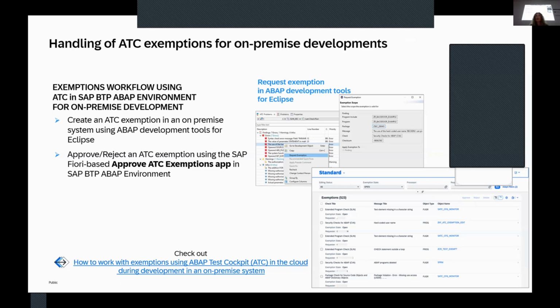As a developer, you create the exemption in ABAP development tools in Eclipse during your development process after executing the ATC run. Of course, with the central checks from the central ATC on BTP, you get the findings. And if you think for this finding you need to request the exemption, because you don't want to take care of it, or it's a false positive finding, then you just use the context menu in ABAP development tools for